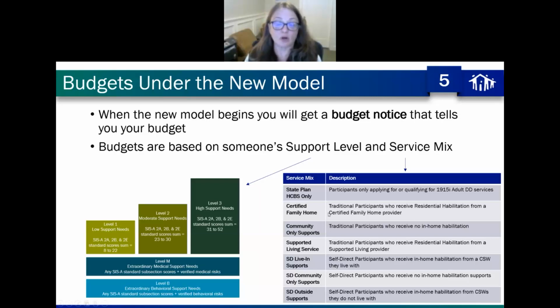The other service mixes are based on whether or not someone chooses to receive services through the traditional pathway or through the self-directed pathway. And it also depends on the participant's choice of what type of residential supports they want. So we have a certified family home service mix, which is for traditional participants who receive residential habilitation from a certified family home provider. We have a community-only supports service mix that's for traditional participants who receive no in-home habilitation services. So these are for the folks that choose not to have